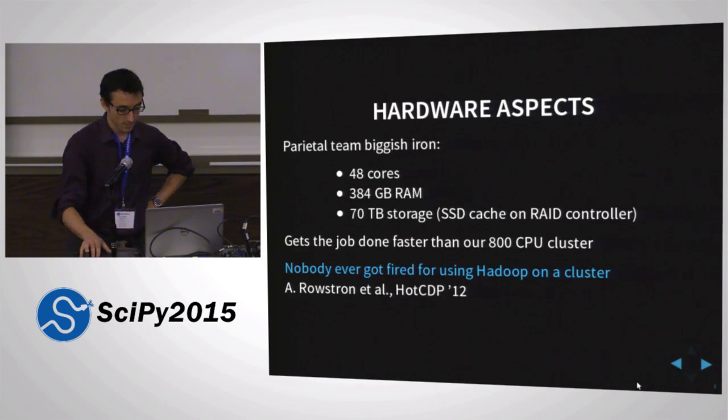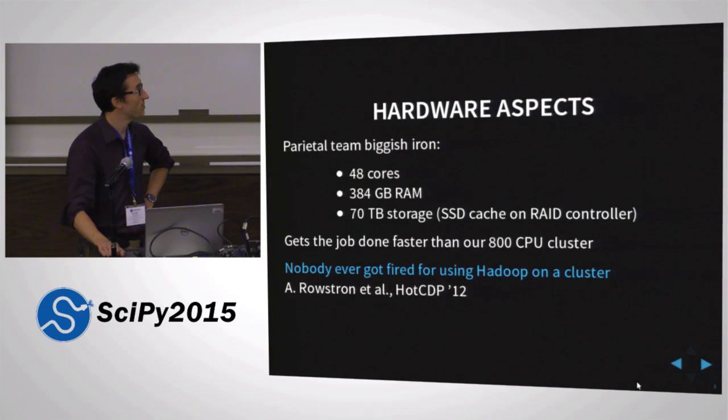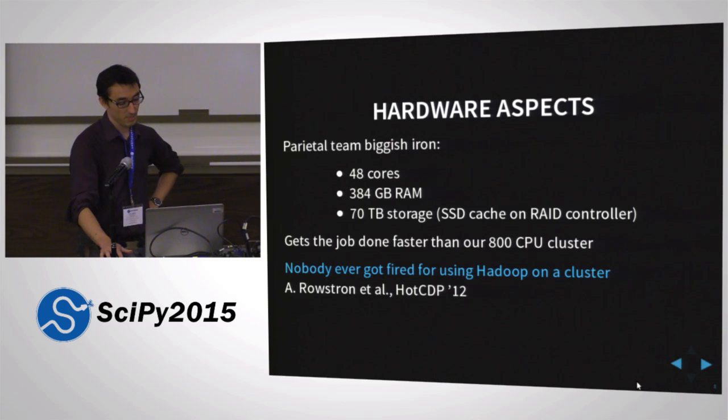So just to mention some hardware aspects. Basically, by itself, we have this big machine that a lot of the work is done on. With 300 gigabytes of RAM, for a lot of problems we can fit the data in that. And we've observed that sometimes for some of the work, we get the job done faster than